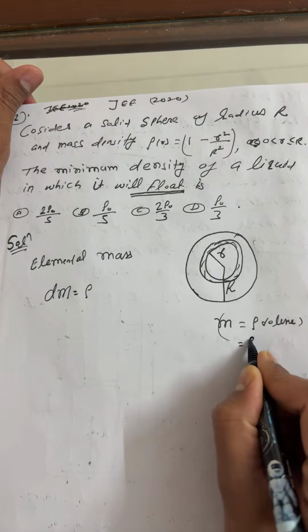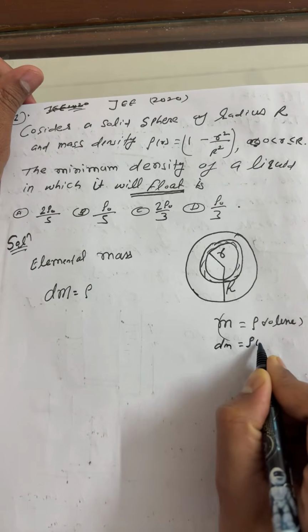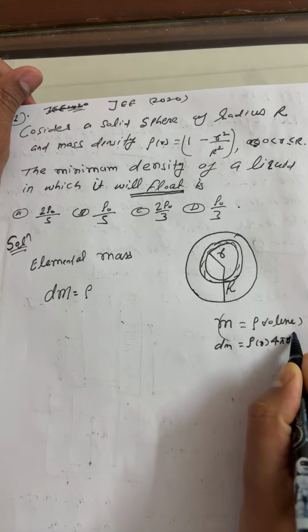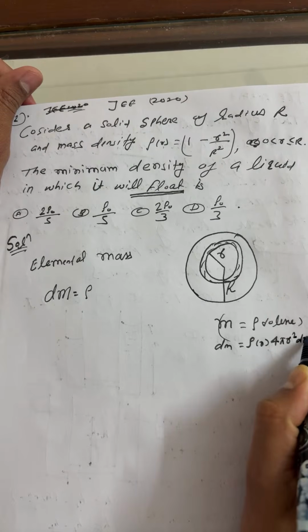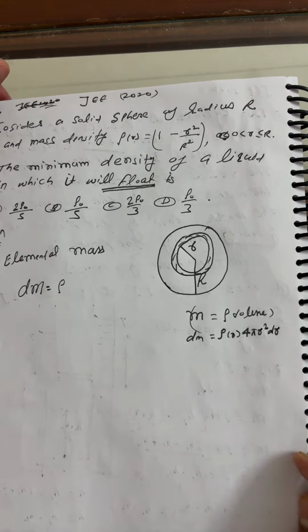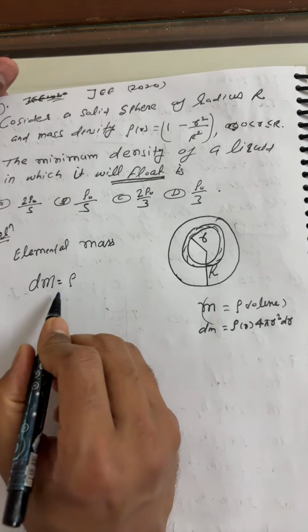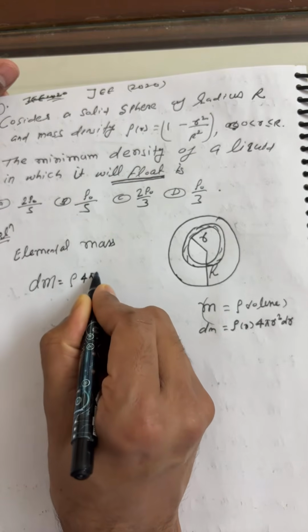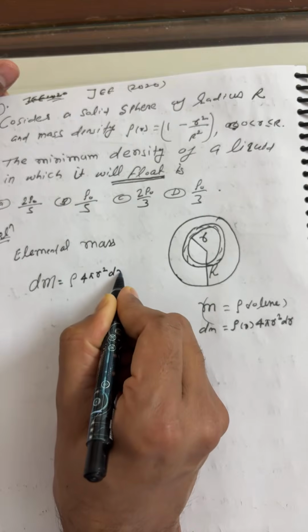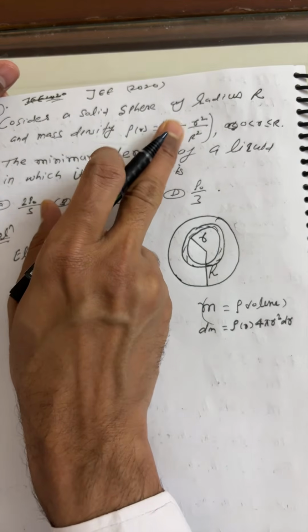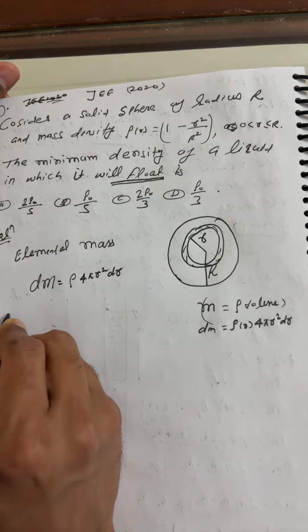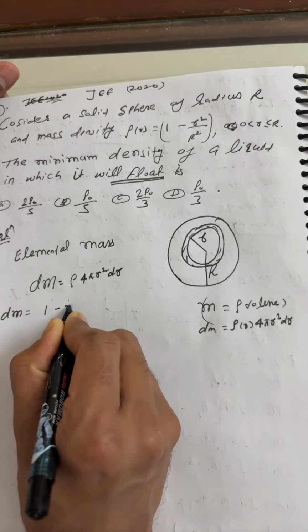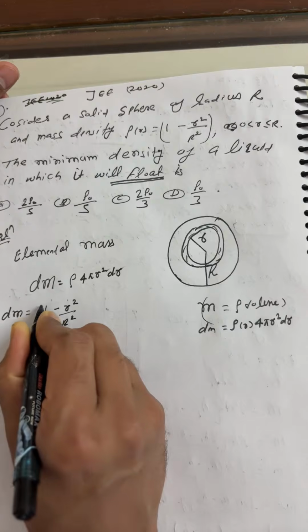Rho is a function of r. So you can feed rho as a function of r for the dm case, and volume you can write as area into length. So what is the area of a sphere? 4 pi r square into dr. So here you can write the elemental mass as rho into 4 pi r square into dr. You can feed the value of rho from here because rho is already mentioned in the question, my dear. So dm is equal to 1 minus r square upon R square